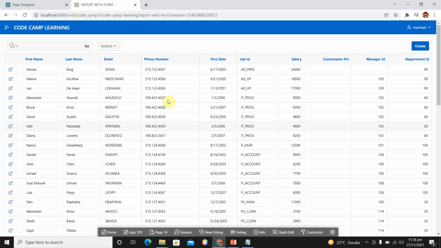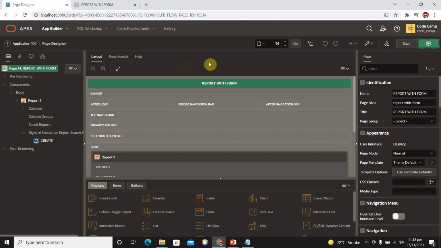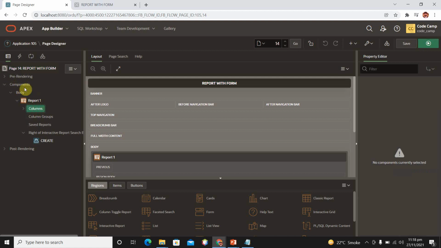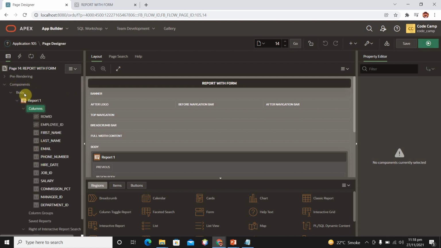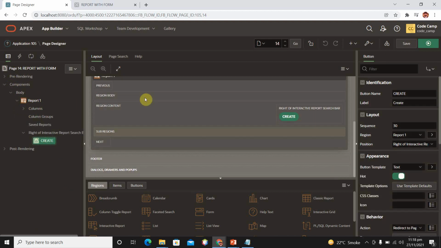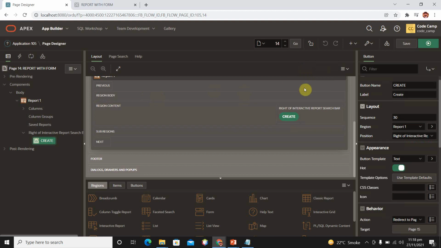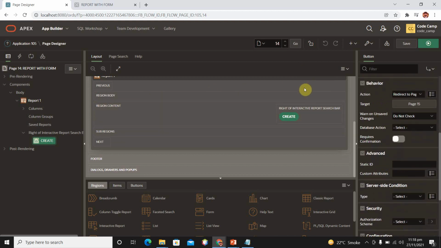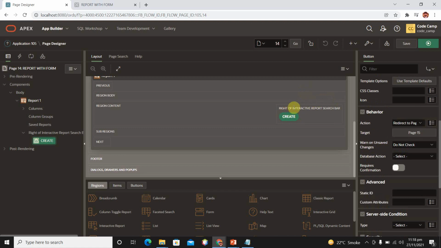Now let's see the structure of our report and form. Go to your page designer. It is our report with form page, and here we can see we have columns. These are the columns, and then we have a button which is the create button, and if I move here, you can see the behavior of this button is target, and here we have page number 15.